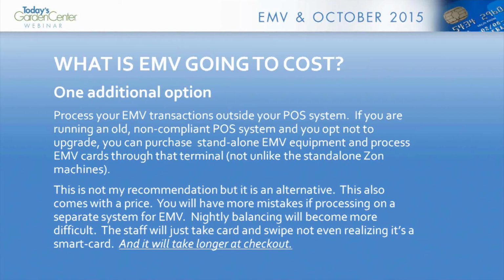That question has a complicated answer. The answer is maybe, but probably not. Most of the banks, most of the processors are not capable of processing with a PIN yet. So it's kind of a matter of whether or not the bank and the processor can do it. That really doesn't have anything to do with the point-of-sale system itself. That has to do with the processor who's getting the data, and most of them are not prepared yet to